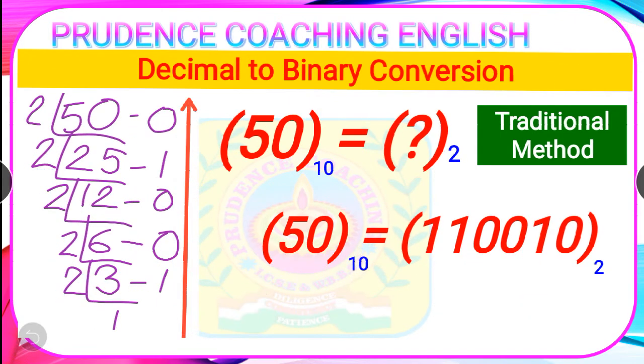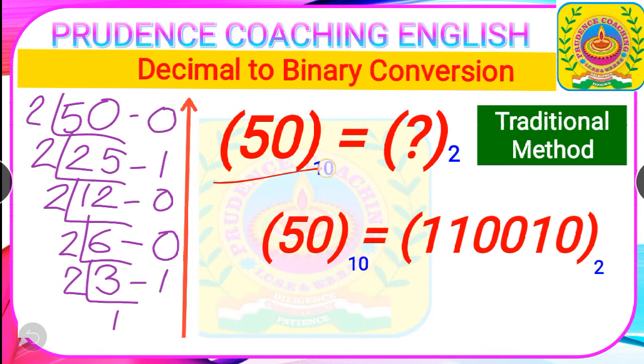Now we will be discussing it with another example, such as here 50 must have to be transformed into binary form. That is, we will be dividing 50 by 2, that is 2 25s are 50, remainder is 0. 2 12s are 24, remainder is 1. 2 6s are 12, remainder is 0. 2 3s are 6, remainder is 0, and 2 1s are 2, remainder is 1.